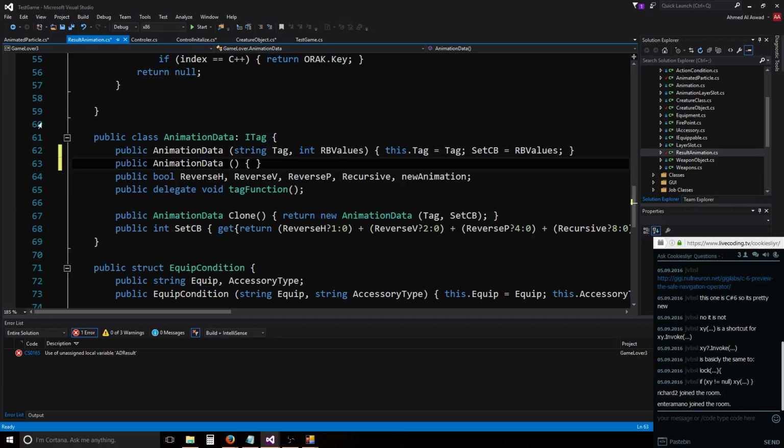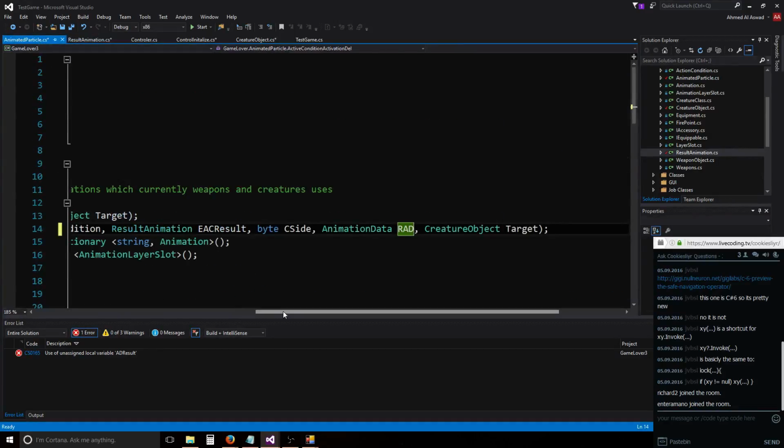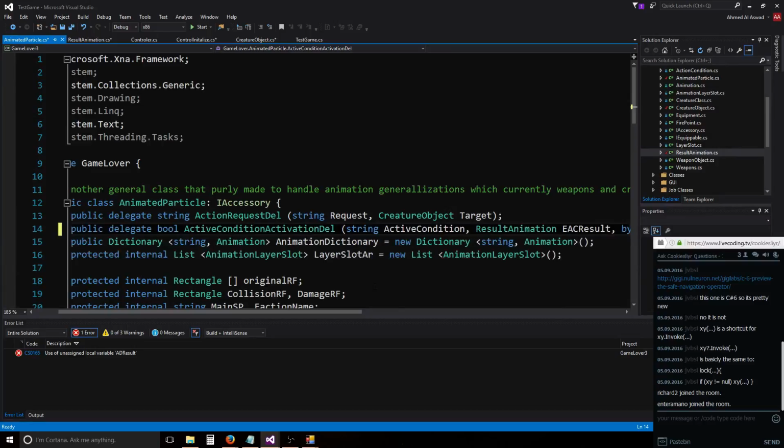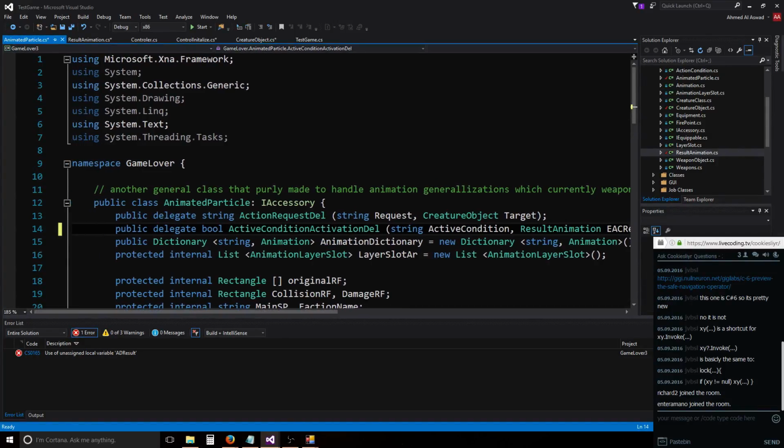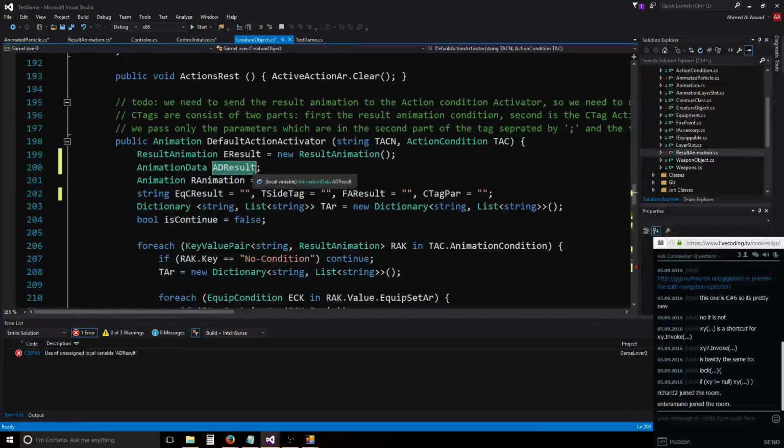Yeah, whatever. So, in here, hopefully that won't screw up some parts because later on, I mean, not right now. This is the wrong class. Let's go to here and